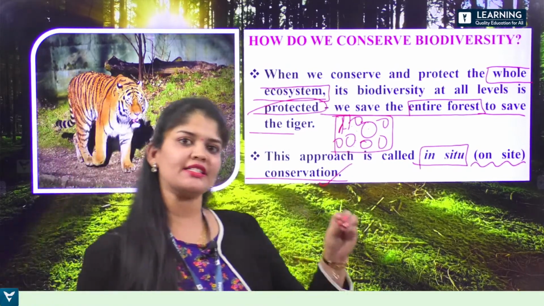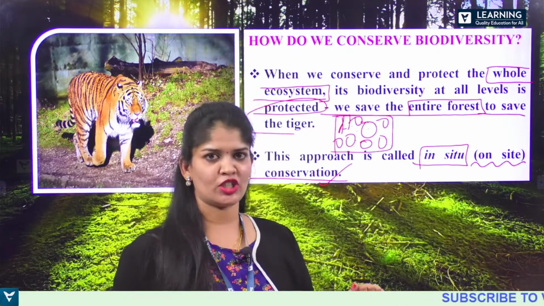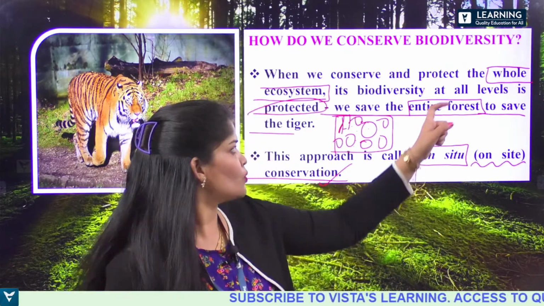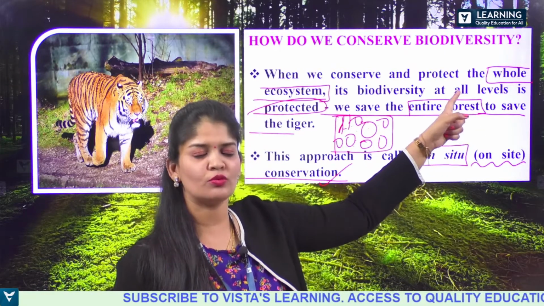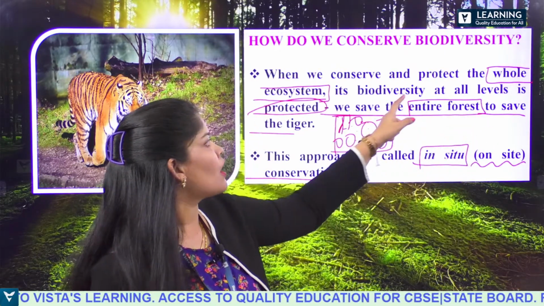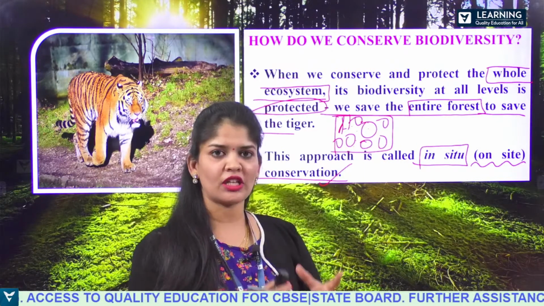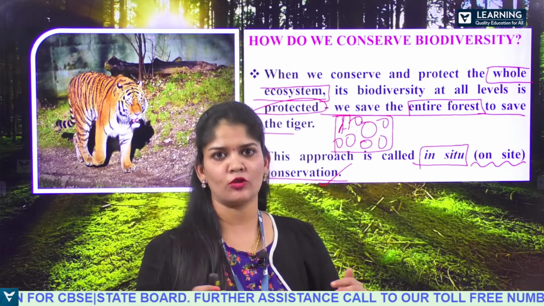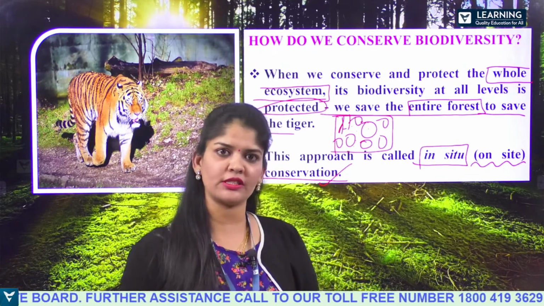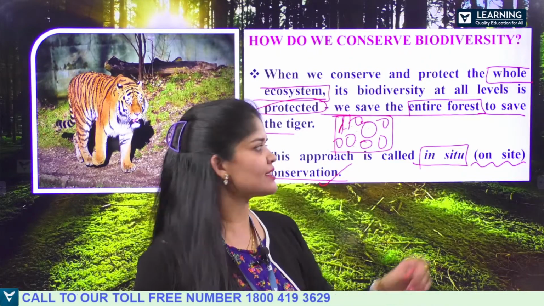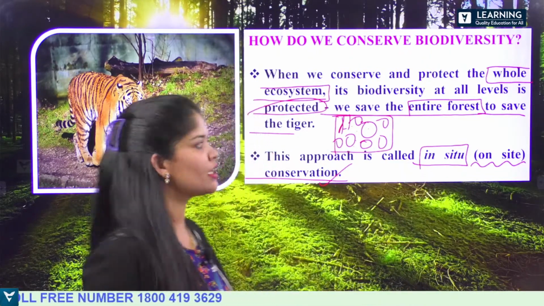So in-situ is otherwise called on-site conservation, where we are conserving the entire ecosystem to protect biodiversity at all the levels. We are protecting the entire ecosystem, and this type of approach is what we call in-situ conservation, otherwise called on-site conservation, right? Now,